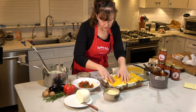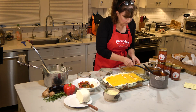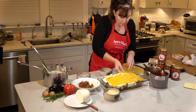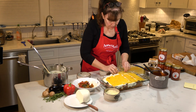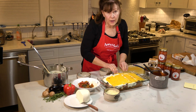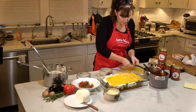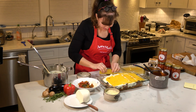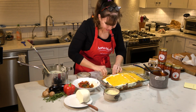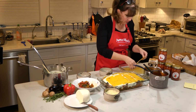And what I like is to do the very last layer on top with whatever meat sauce you have left. And I've got a little bit of peppers, which goes amazingly well with meat sauce. Now, this is also a way to make your dish taller. When you have skimpy dishes, to me this is a skimpy dish because I'm Italian, everything has to be bigger. So you just give it a little bit more of